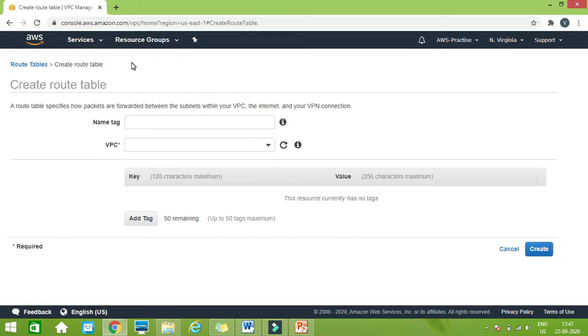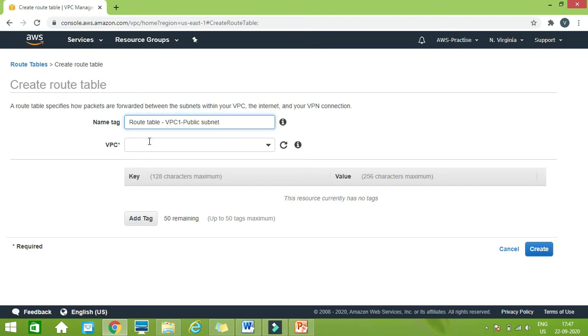Click on create routing table, and then here this is my route table in the VPC1 public subnet. You can write any name, but I am writing it in such a way so that we can refer to it easily.